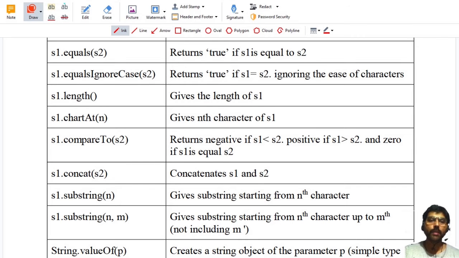The next method is called equals. This equals returns true if S1 is equal to S2. Remember, this is case sensitive. Uppercase is different from lowercase. So here it will compare the two objects. If two objects have the same characters, that is, the characters are matching, then it will return true.